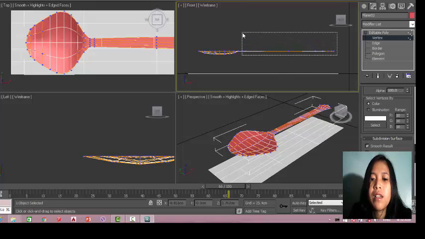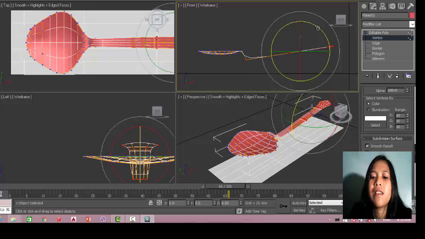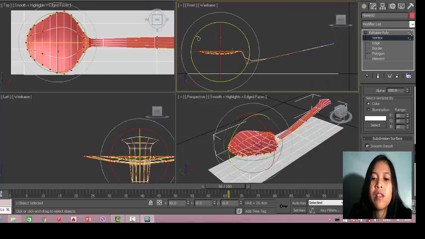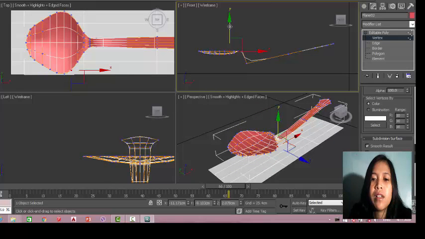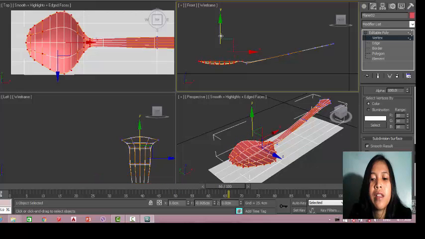It's not working. This, rotate, then the remaining one I'll select it out, and then move it downward. Wait, I did not select it out, so I'll select it out, and move it downward like this.